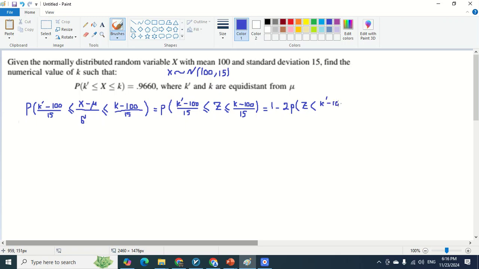Because k and k prime are equidistant from mu, we can rewrite it as this expression. Otherwise the areas of the tails of that probability are not the same. So when we rewrite it like this, we can find the value of k as well. It's equal to